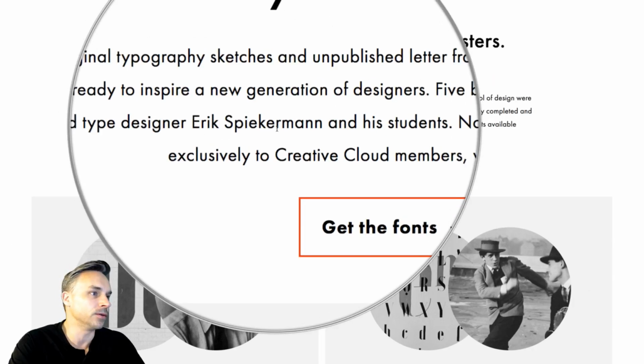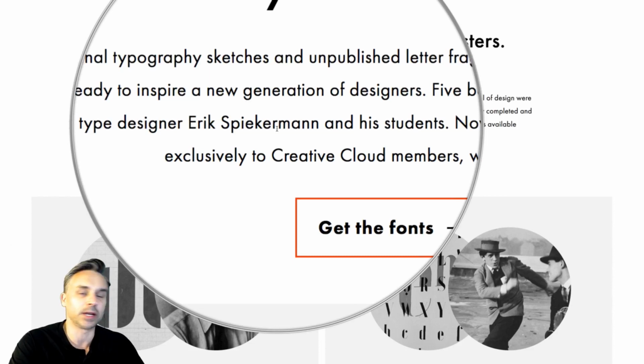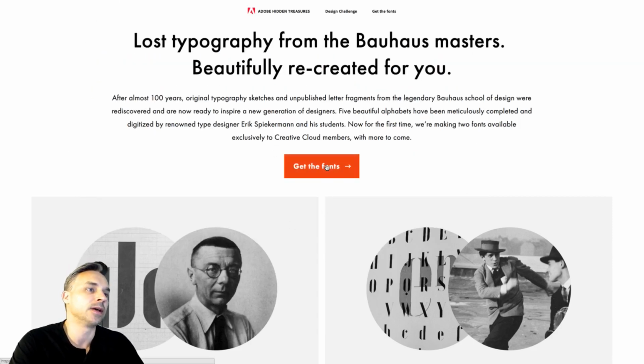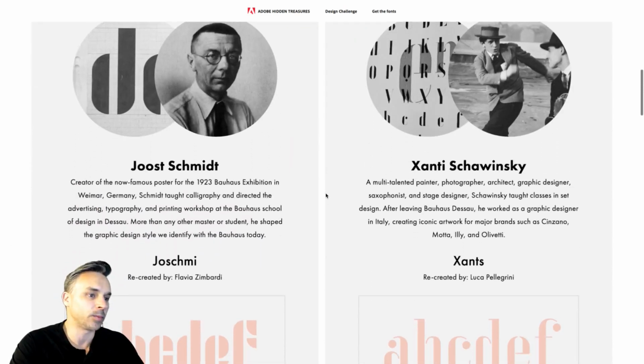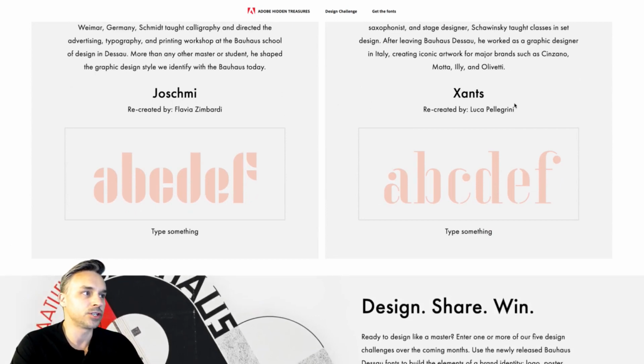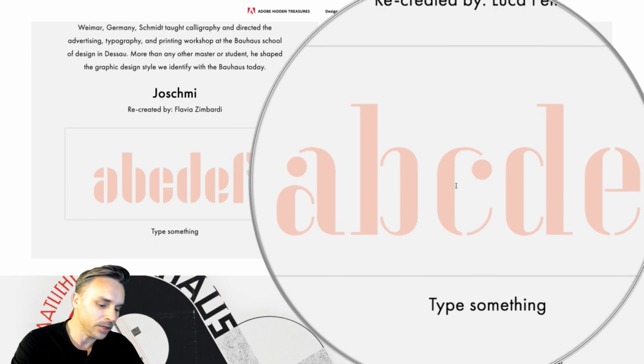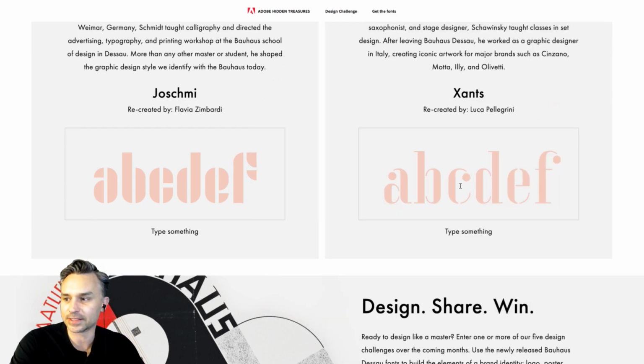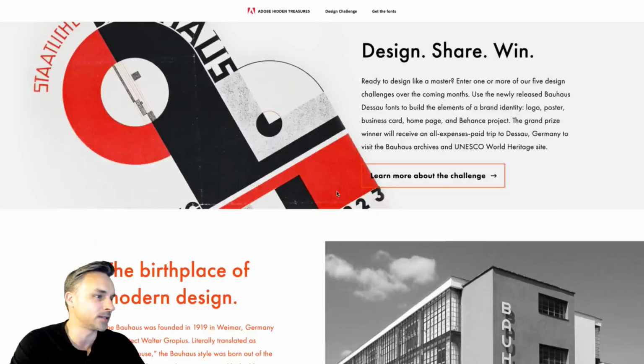And it really is Erik Spiekermann and his students. Erik's the biggest name in type that you can think of today. And he's going to be with us tomorrow at 8 a.m. So that'll be really cool. You could get the fonts right here. We could take a peek, but you could see that we've just released 2 so far. So there's Joschmi and then Zanzibar, right? These are the 2 current fonts, and they're beautiful. Look at, isn't that nice? Oh, it's going to be fun to work. Siobhan couldn't have said it better. So excited. That's right.